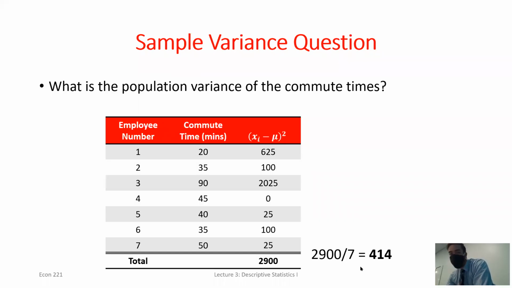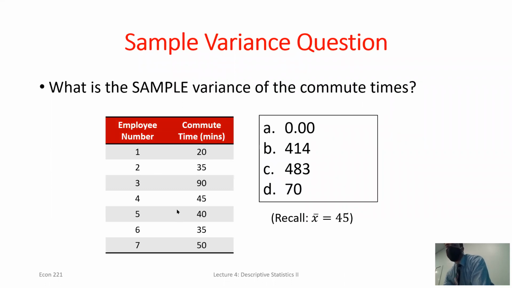We had that value of 414, right? So what if I asked you, with the exact same data set, for the sample variance? Let's say I calculated the population variance. I then go back and say, no, that's not all the employees. That was only a small subset of the employees at this company. If I instead was supposed to calculate the sample variance, what's the only difference? I still have the same values. I still have the same mean. I'll subtract the mean, square it, and add them all up.